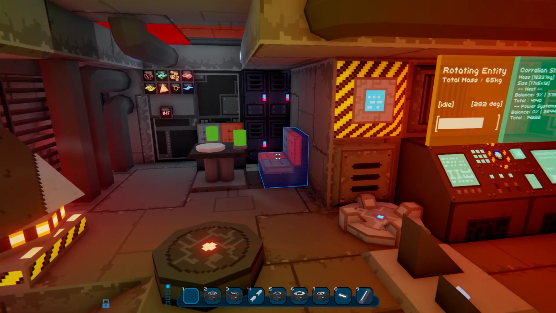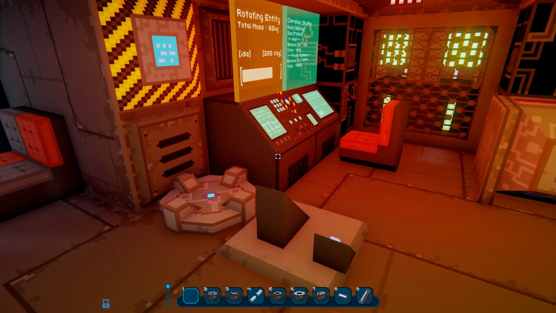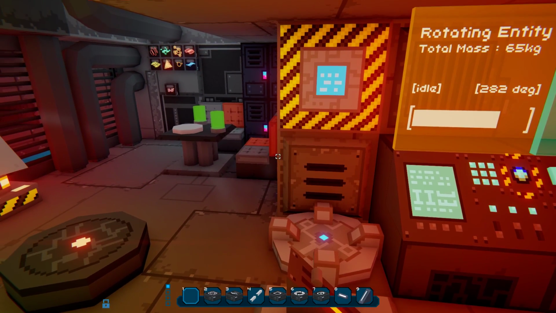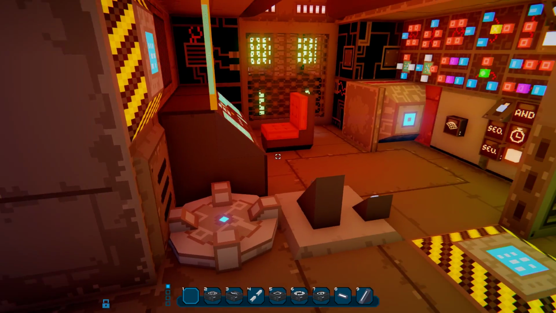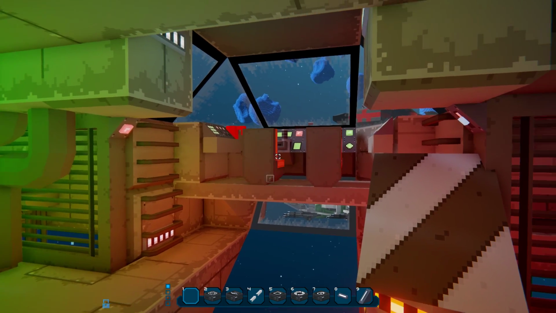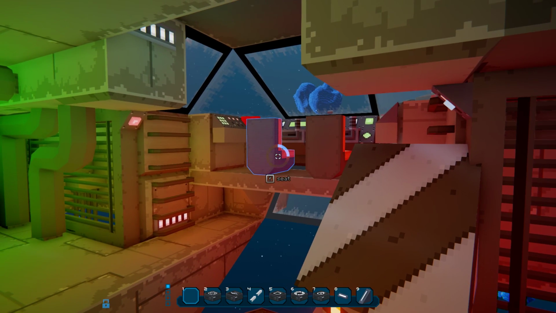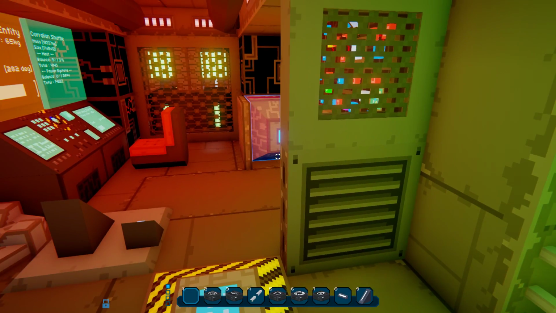Also, as you maybe have noticed, I've redone the HUD display to activate. It might be a bit strong, so I might tone it down, but I think it's gonna be a bit more legible, especially for the seat. So I've improved the way we can activate the seat. So that's one of the things I've done.